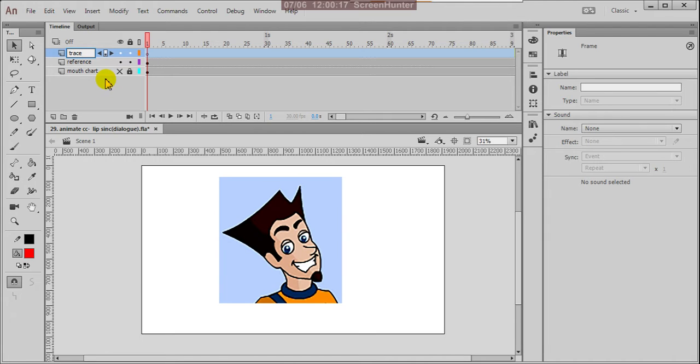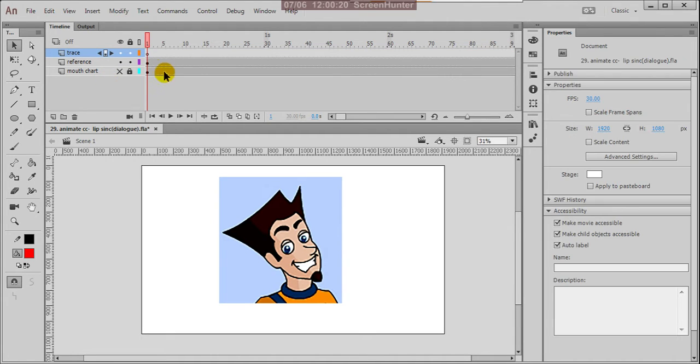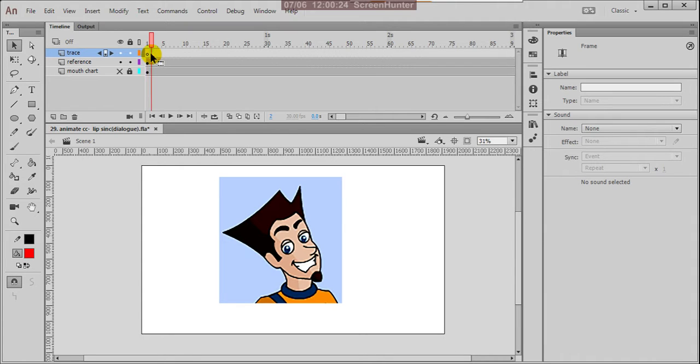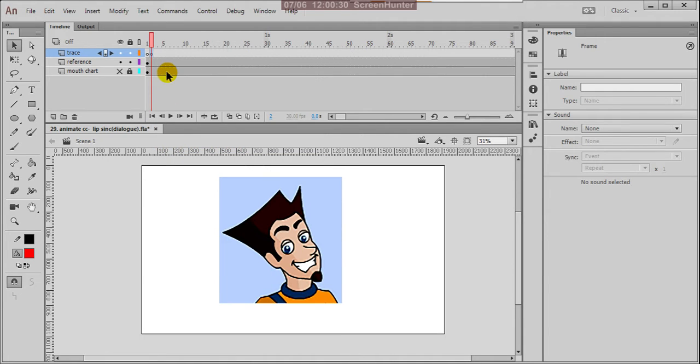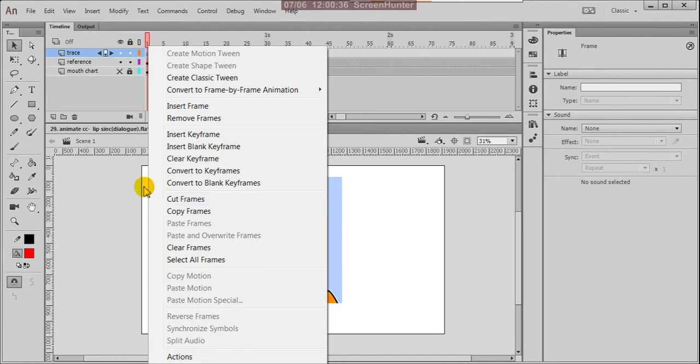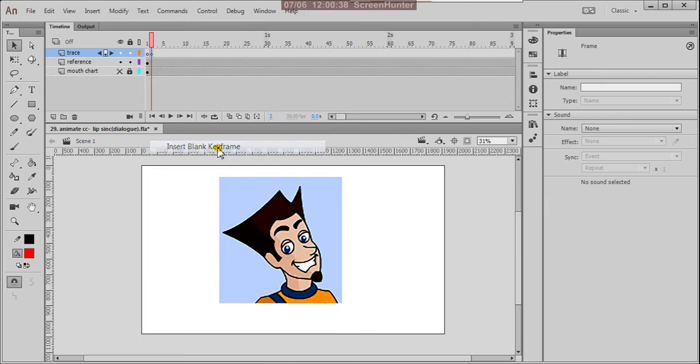So here, after this frame, you can click here, right click and insert a blank keyframe. Suppose here, click on that and right click and insert a blank keyframe. Your blank keyframe is added here.